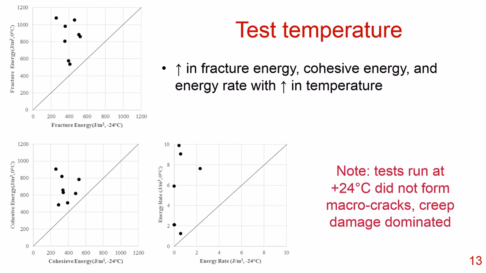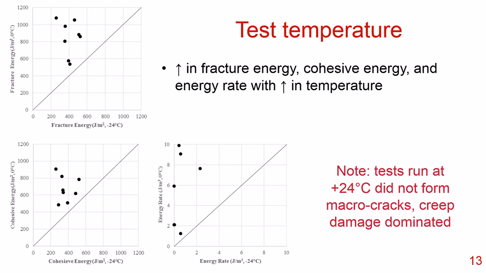Now you'll notice that there's no data shown for positive 24 degrees Celsius, and that's because there were no macro cracks initiated at positive 24 degrees Celsius. Dr. Yang used digital image correlation to measure the crack lengths as they grew, and there were no macro cracks at positive 24 degrees Celsius, and the damage actually was formed by creep damage of the sample. So we weren't really able to quantify the fracture energy, the cohesive energy, and the energy rate at positive 24